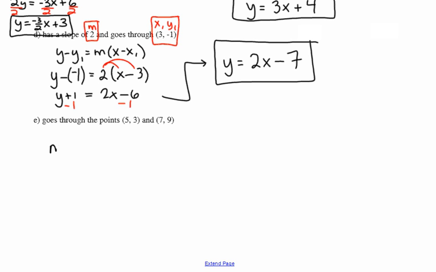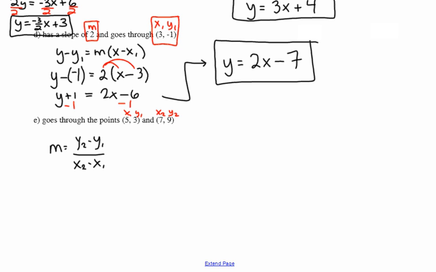Yes, we can use our formula, y2 minus y1 over x2 minus x1. Right? The difference of their y's divided by the difference of the x's. In fact, it's helpful to label them like this: the first guy is x1, y1, this guy is x2, y2. So the key is to subtract in the same order. So if I'm doing the difference of the y's, if I go 9 minus 3, I have to go 7 minus 5,